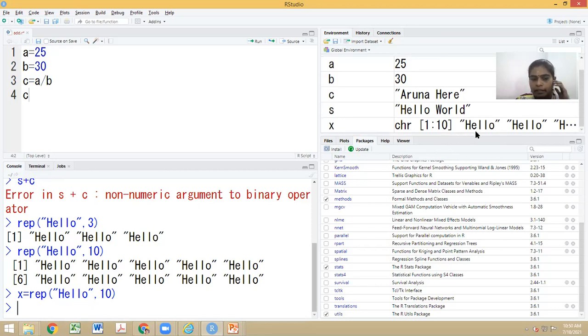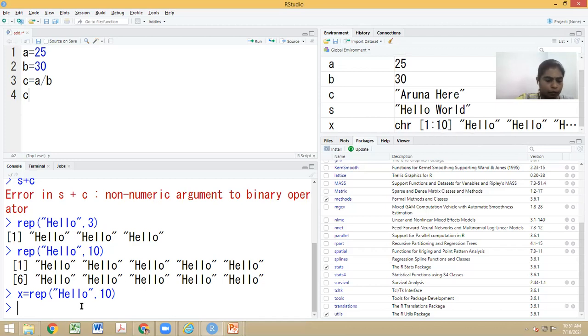Since here we have the replicated values, from 1 to 10 you have the same value: hello, hello, hello, hello. But in some cases you will have all 10 values totally different. In that case, how do I access each value? By giving its position value, or in another term, the index.